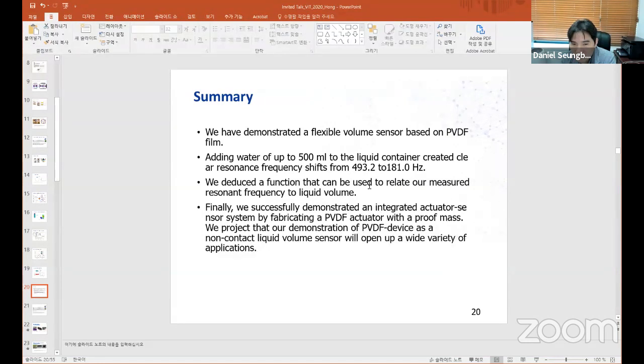based on PVDF film, and adding water up to like ½ liter to the liquid container created clear resonance frequency shift from 493.2 to 181 Hertz. And we deduced a function that can be used to relate our measured resonance frequency to liquid volume. This is the relationship between the water volume